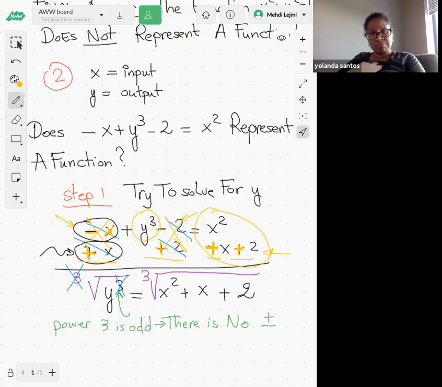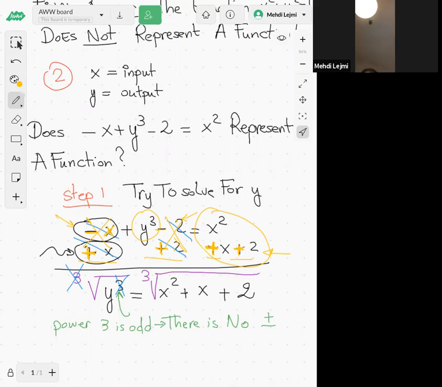Now, once you have this y cubed, because we need to solve for y, y cubed is not exactly y. So you need to get rid of the cube, the power 3. The way to do it is, if you have power 3, you apply the third root. That's what I call here the third root. I had y cubed, so I apply the third root, and this is y. It's like a square root, but a square root would be when you have